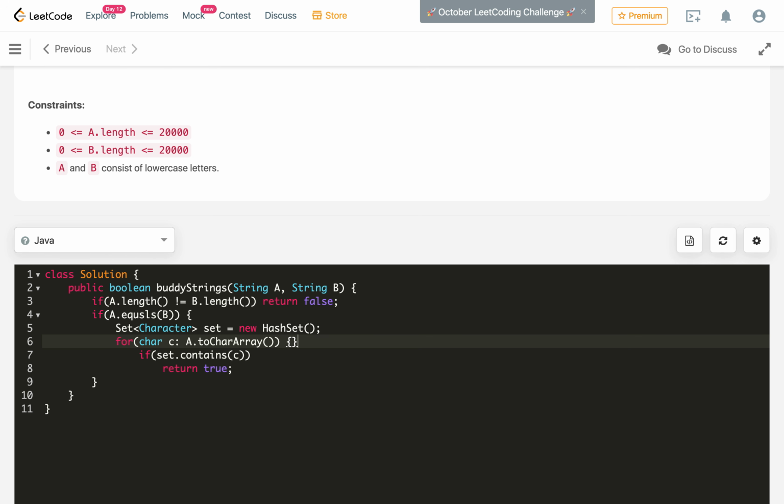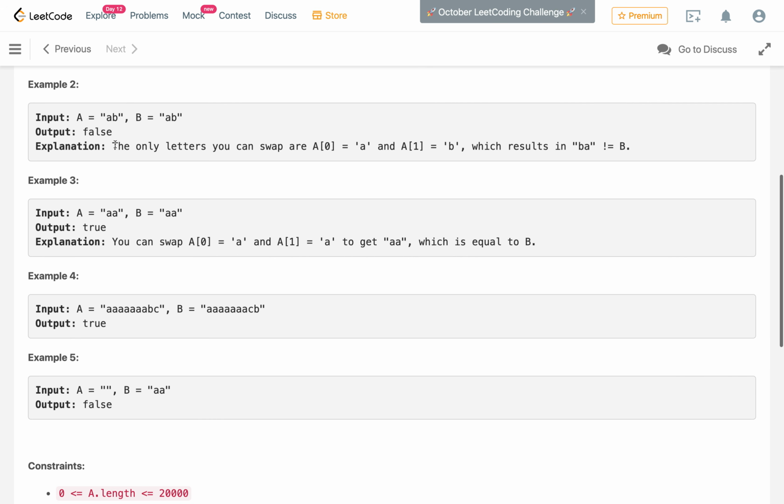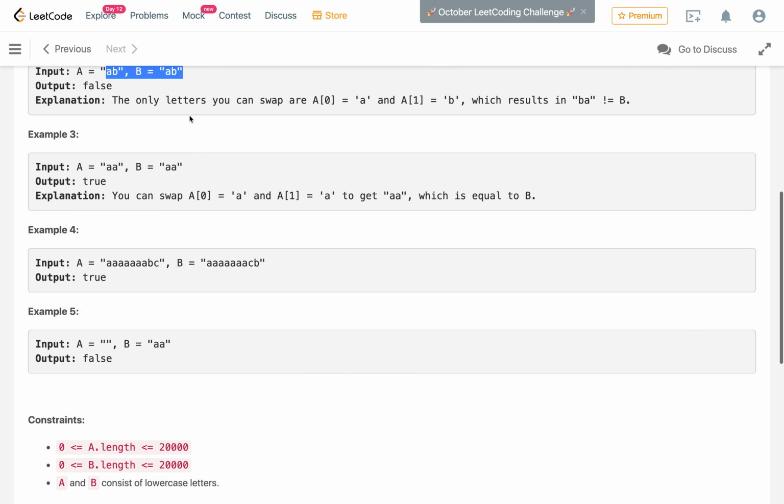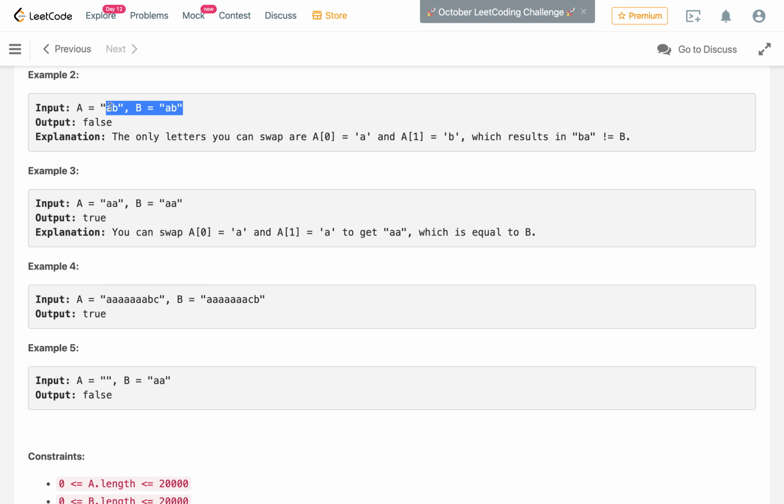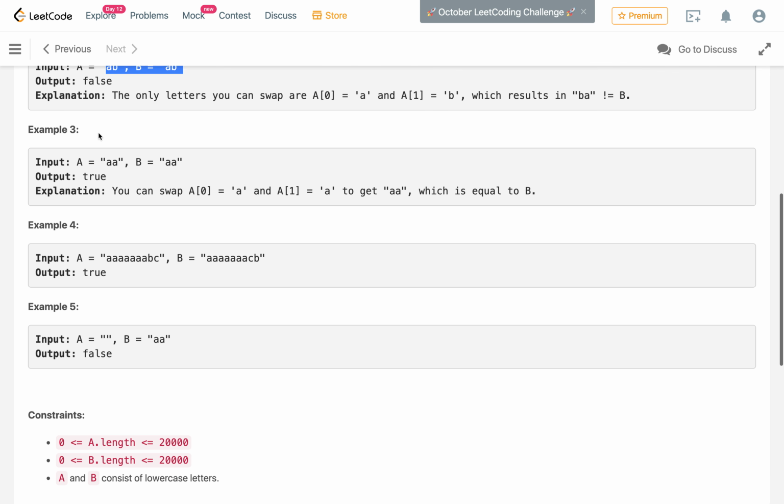And if after processing all the characters we find there are no duplicate characters, then we have to return false. In the case of A and B here, we have to return false, since both characters A and B occur only once. So this is the case when A equals B.